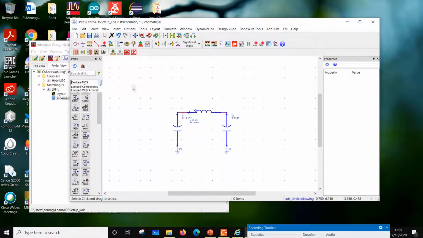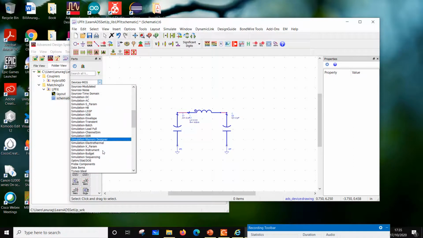Then similarly there is something called System Passive. If you go to systems: signal integrity system, system modulator and demodulator, PLL component, system passive, system switches, system amplifiers, mixers, system data models. So these are all behavioral level models. Then you have band pass filter, low pass filter, high pass filter, so you can use those.